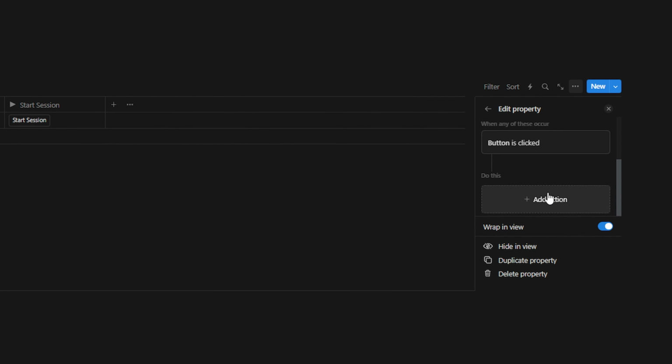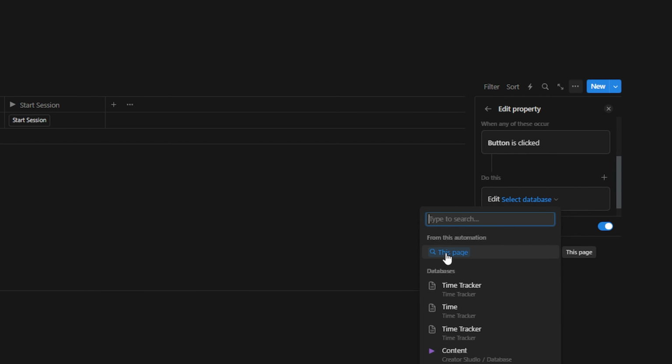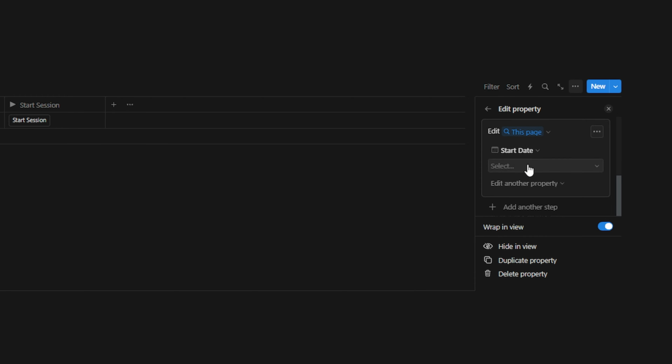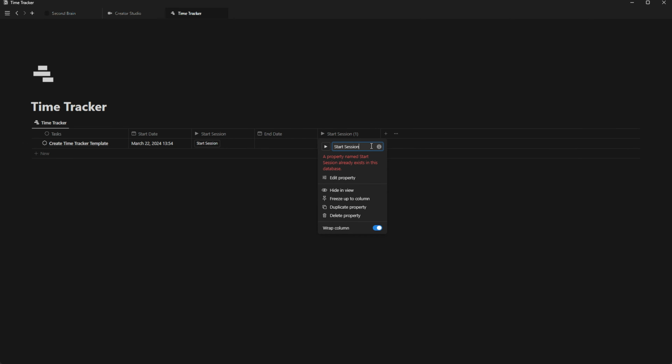So when button is clicked, let's add an action. Edit pages in this page. Edit the property start date and now, because we want to know the hour and the minute that we're in. So let's try it. It's 1:54. Perfect. And we're gonna duplicate it, and then it's gonna be